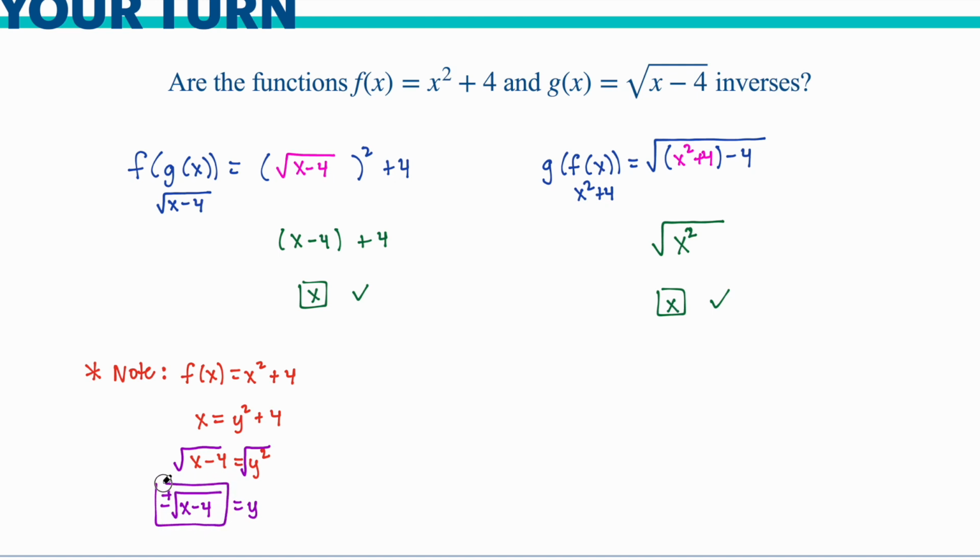So technically, if I was to take the inverse of this, I should get a plus and a minus of it. Now, if I was to put either the positive or the negative back in here, I would still get x. It does work. But what's happening is the square root of x minus 4 is only half of this. So if you think of the fact that x squared plus 4